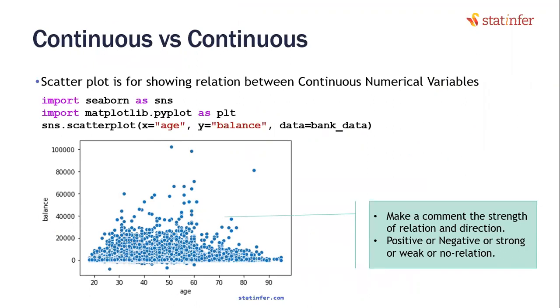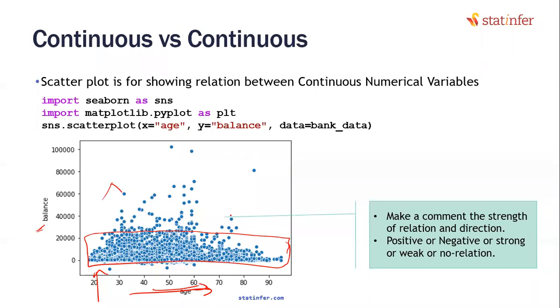Do you see any relation here? As age increases, do you see balance is strictly increasing? If it were like this, then I would have told confidently that as age increases, balance increases. To be honest with you here, when age is less, whatever the range of balance is, it almost remains the same. Then I would not say that as age is increasing, balance is increasing. That's not a right assumption here.